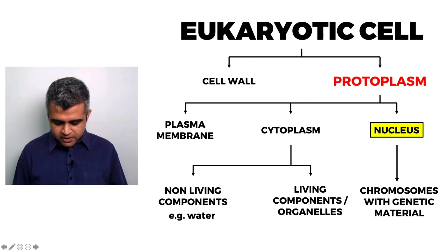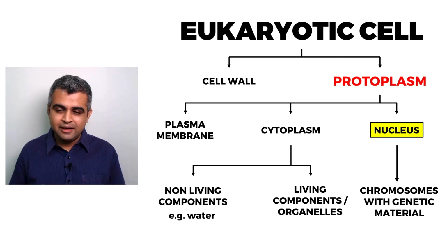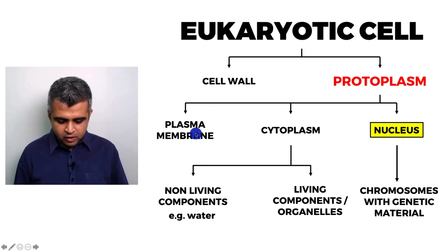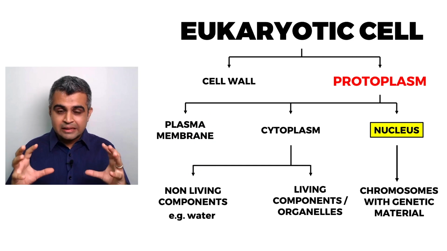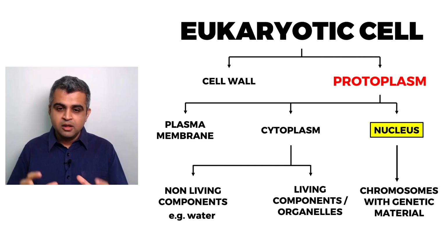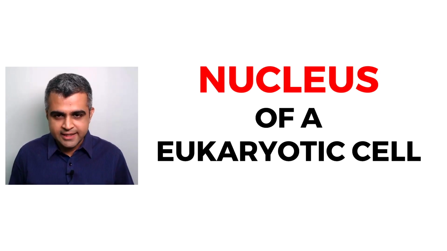Next lecture we will be starting off with the organelles. So for the next few lectures we will be talking about organelles inside a eukaryotic cell, and once we finish that we will talk about the plasma membrane of a eukaryotic cell. With that we will finish the entire eukaryotic cell, and once those concepts are clearly understood by everybody, we will move on to the prokaryotic cell. So let us start with the nucleus of a eukaryotic cell.